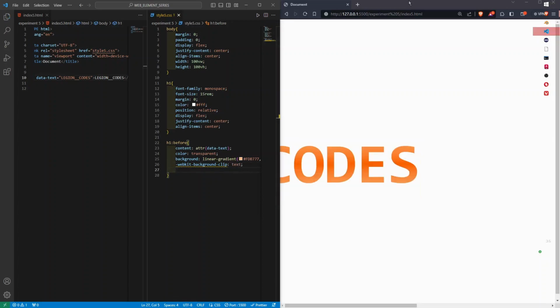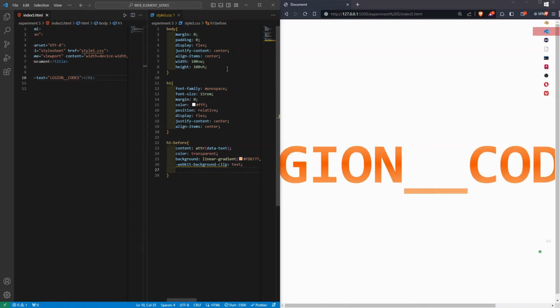Let's save it, and you can see that the text is now clipped. Just for confirmation, let me show you that it doesn't matter whether we give any content inside those h1 tags or not, because everything is going to happen on the basis of that data-text that we have given. Now what we have to do is simply do clip-path,